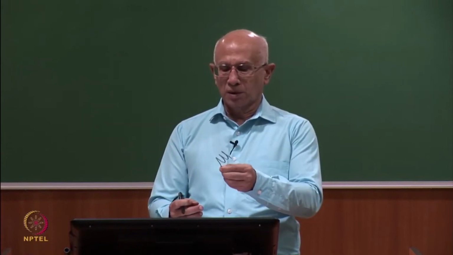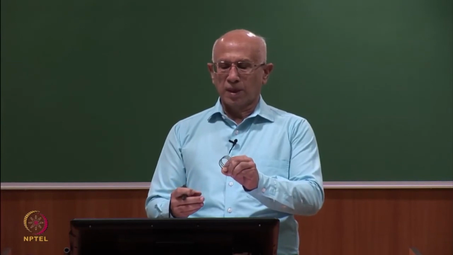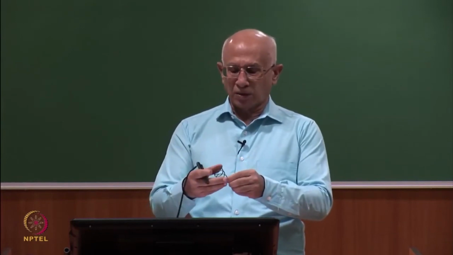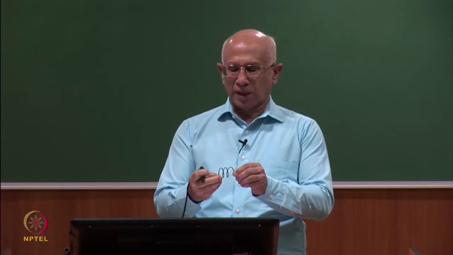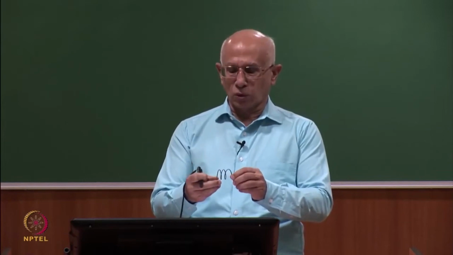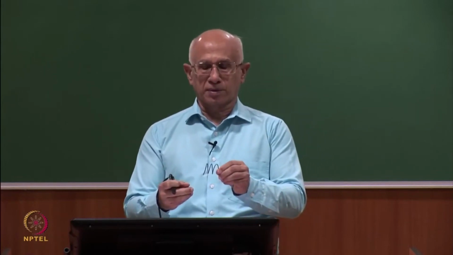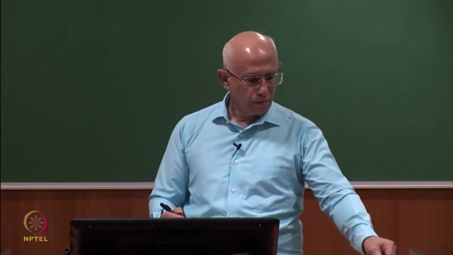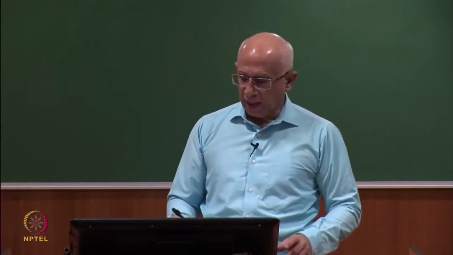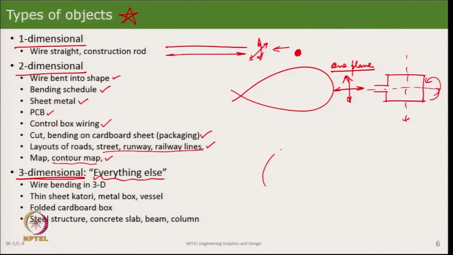This is a type that is used in, say, springs, that is the easiest thing, or there are coils made for cooling and heating purposes. So, we are quickly showing this as something like this,